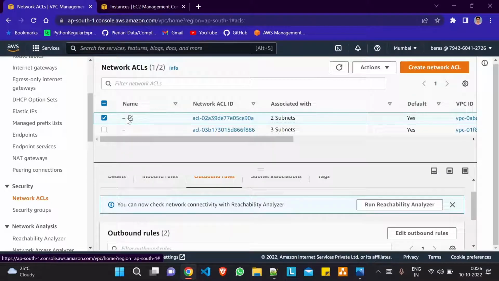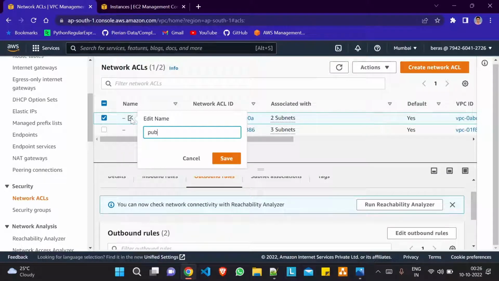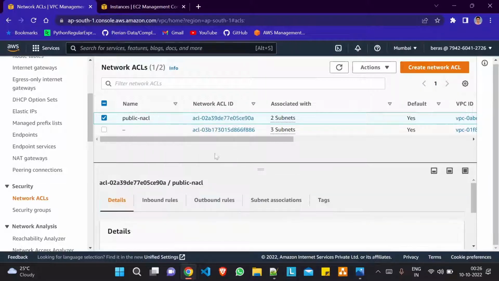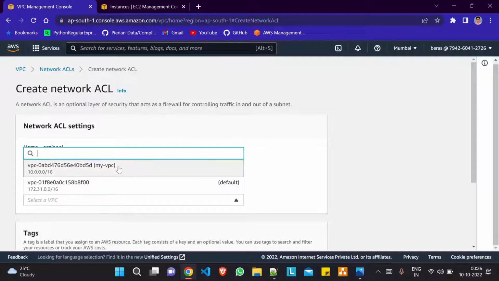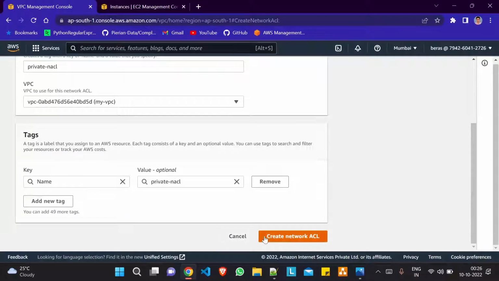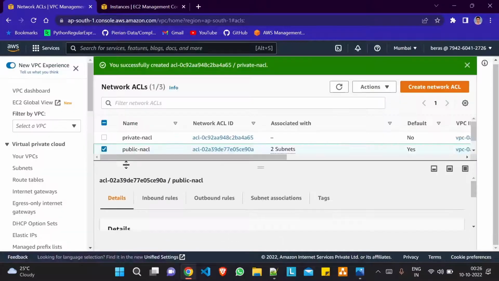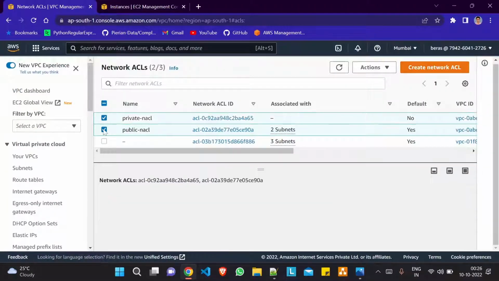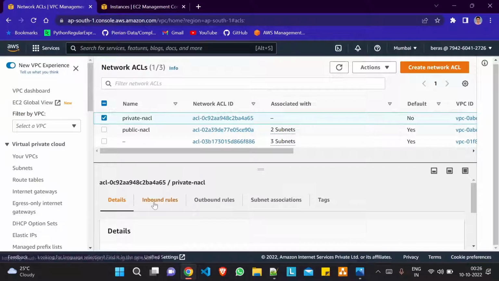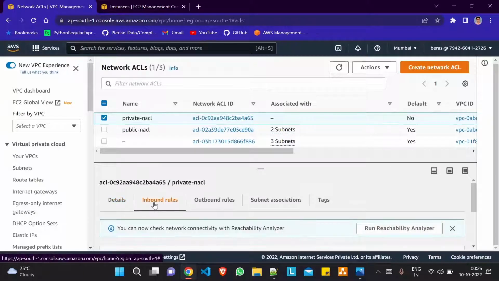So I will name this as public NACL. Public NACL. Fine, save. And we'll create another NACL, private NACL. And the VPC we need to choose is my VPC. And I will edit the inbound and outbound rules for that private NACL. Let's go to inbound rules,